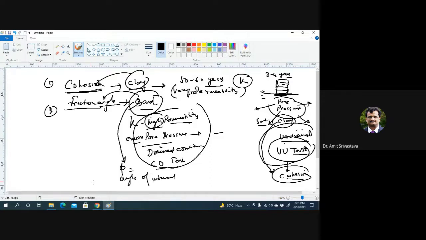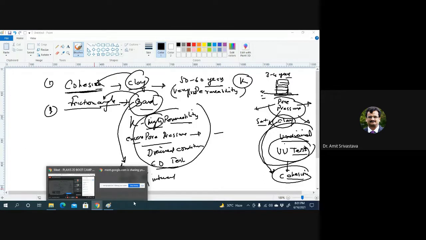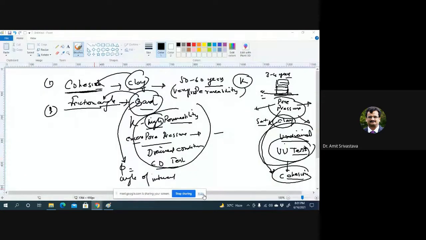That is the funniest thing that I observe, and many people have this kind of confusion. So I thought I would take this opportunity to explain how we started relating cohesion with clay and friction angle with sand, forgetting the fundamental understanding behind this.